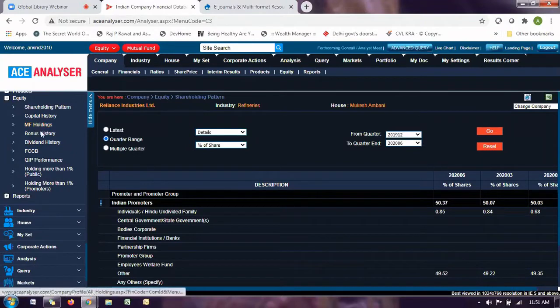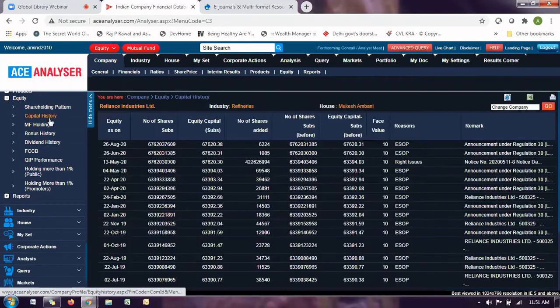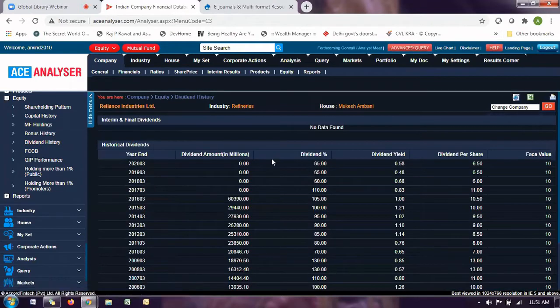Here we also have the capital history, how the equity has undergone a change, the reason for conversion and all that, such as the company issuing ESOPs, bonus history, and dividend history. If I go to the dividend history, I would say don't follow the dividend amount from here. Take the dividend amount from the cash flow statement, which gives it under cash flow from financing activities. You can get the equity dividend paid there. This is because earlier the company used to give it in the P&L.